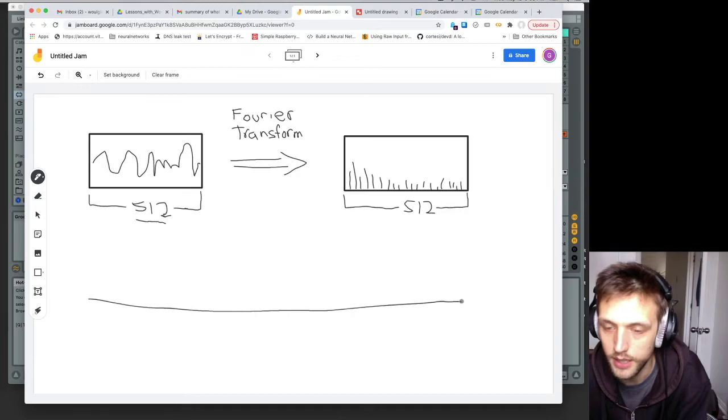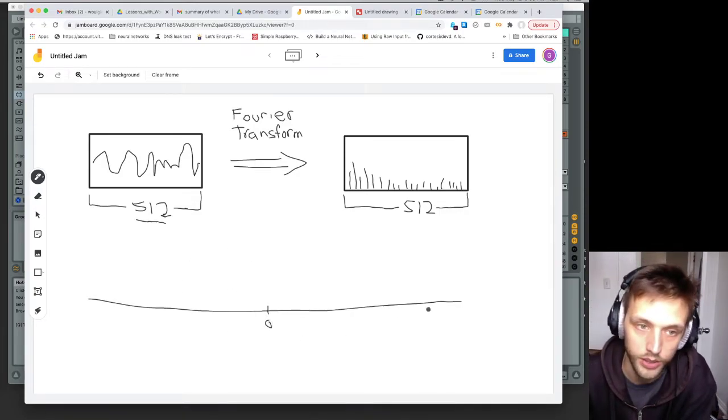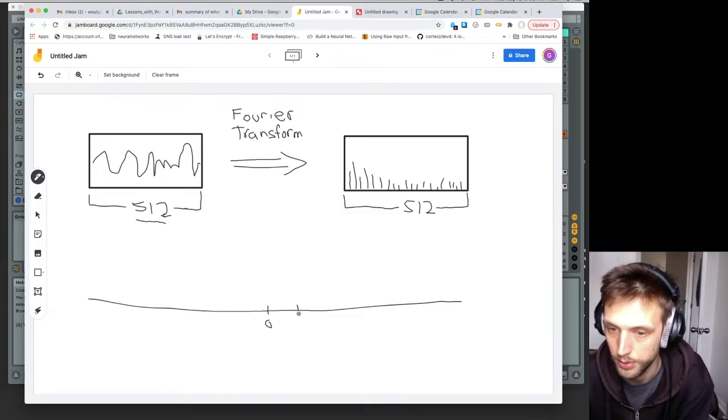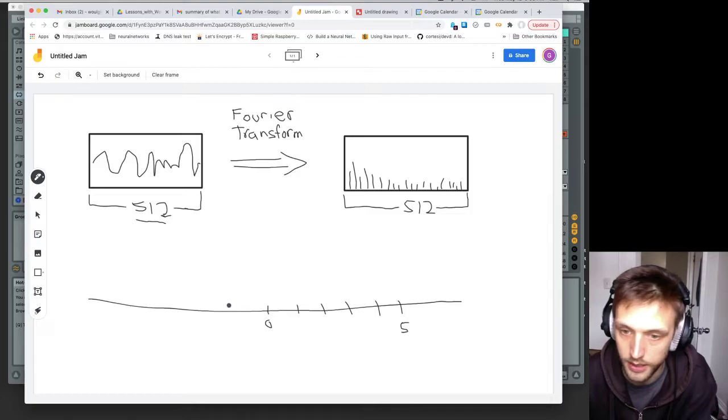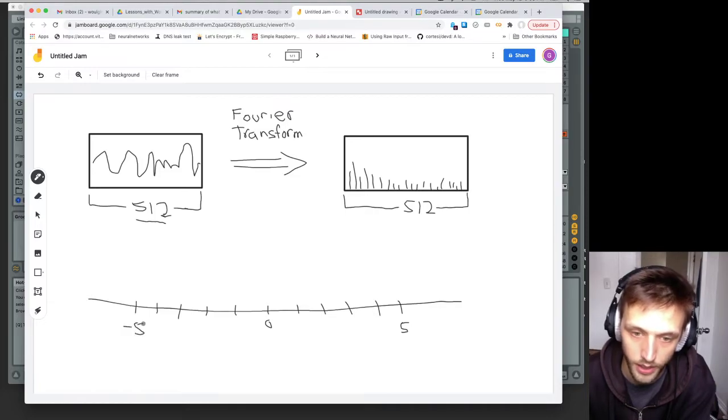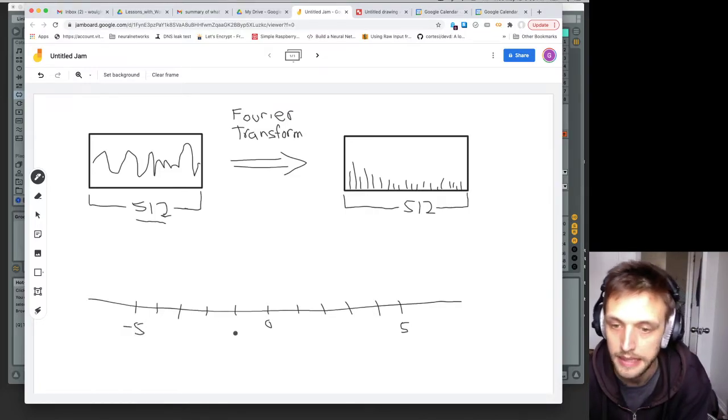All right, so you've got your real number line, right? You've got 0 in the middle, and then you've got 1, 2, 3, and so on. Let's put some dots: 1, 2, 3, 4, 5. And then over here, you've got the negative numbers: 1, 2, 3, 4, 5. We've got negative 5 here. I don't know why I chose 5, it's just kind of random. Okay, so